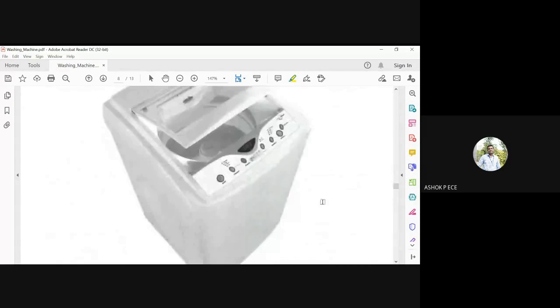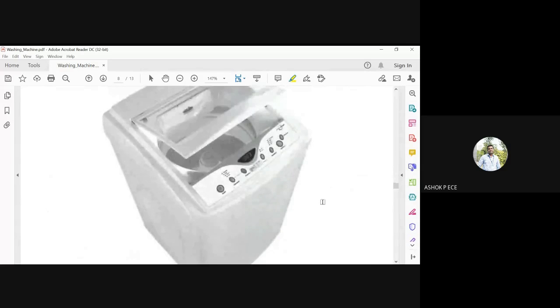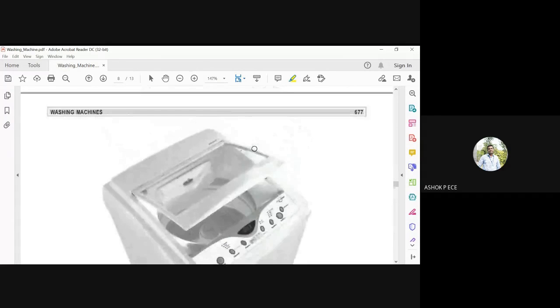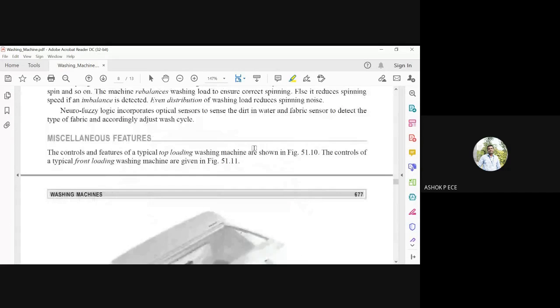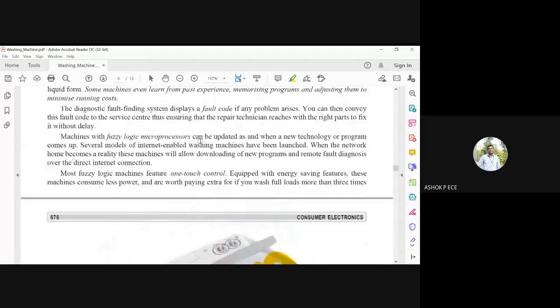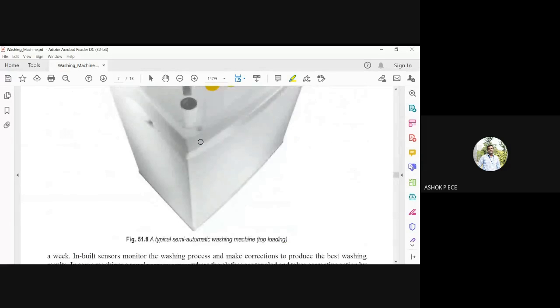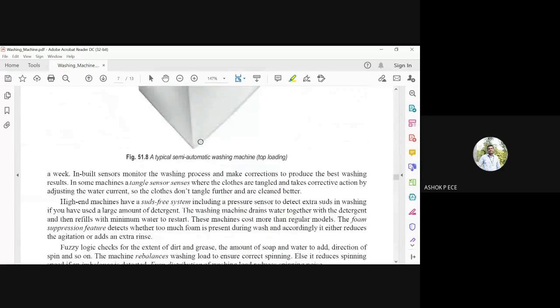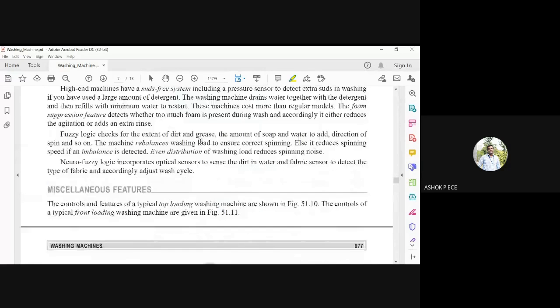We'll see. This is a fully automatic washing machine. So everything happens in a single go. You just need to put the clothes, powder, and everything, and close it, and it will start washing. So you have top loading and front loading. You have those two options, which are coming nowadays, and you can see each has its own things, right? So you have to see which washing machine is going to suit you.